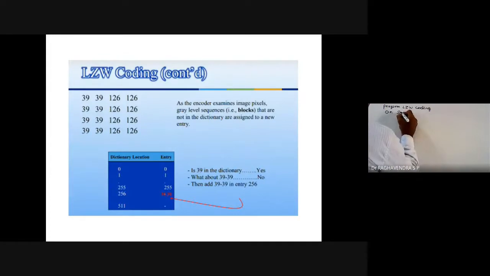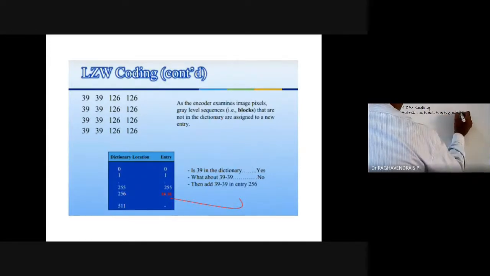We have a sequence here. The sequence is A, B, A, B, B, A, B, C, then A, B, A, B, B. So this is a sequence. This has to be encoded using the LZW encoding mechanism. So this is the question.